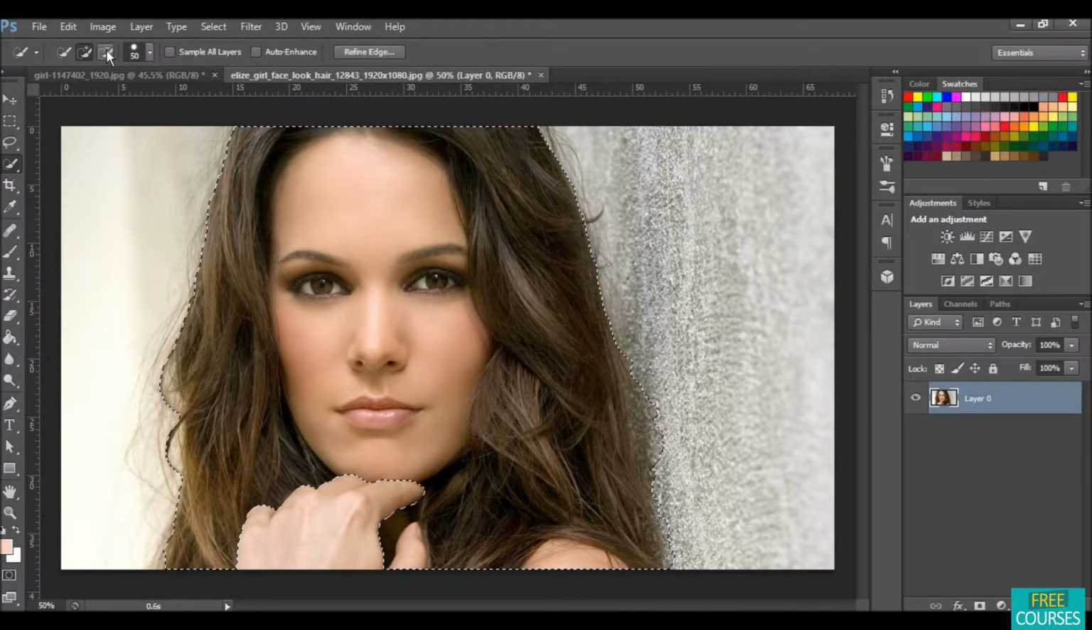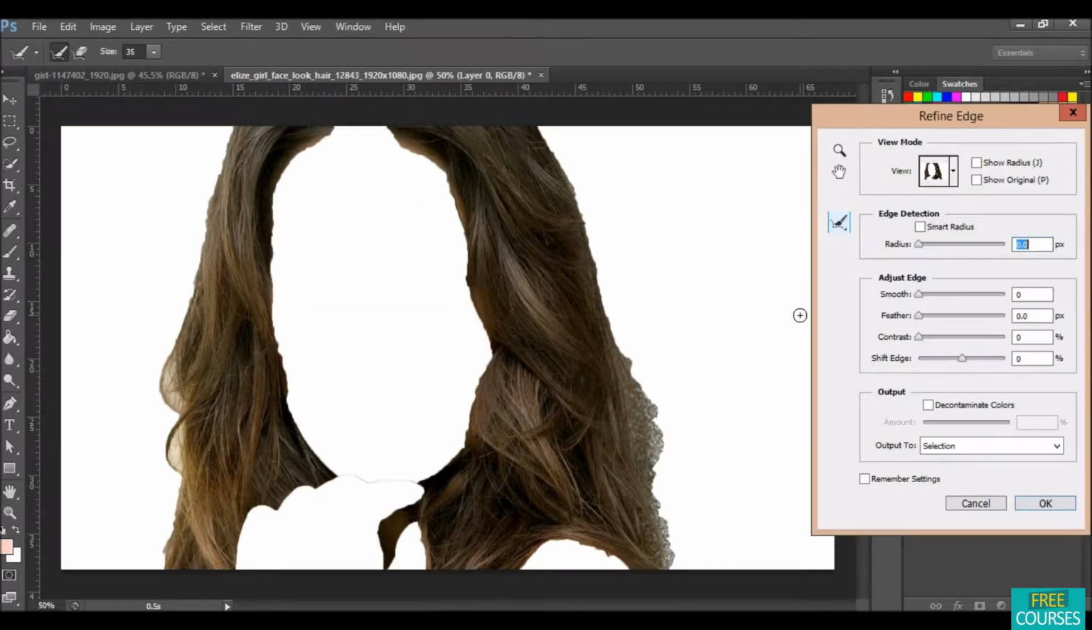And now select the negative selection tool so that we can remove the parts that we want to avoid. Now the refine edge button, and now move the tool at the edges of the selection so that we can get smooth edges. Like here you can see that it is very sharp, and to get it smooth you have to just move the tool around it